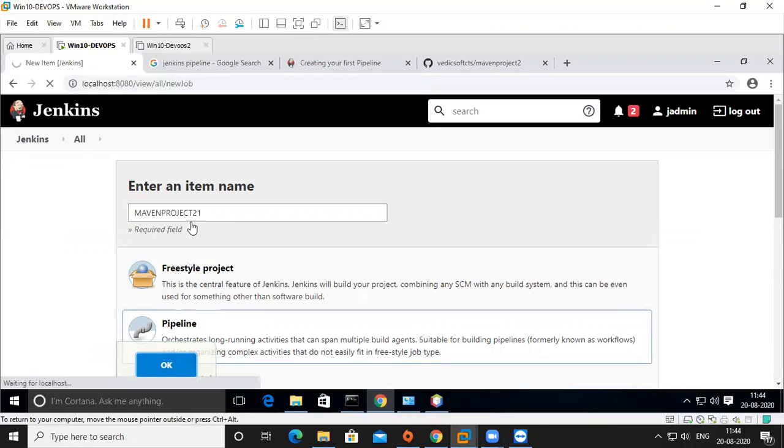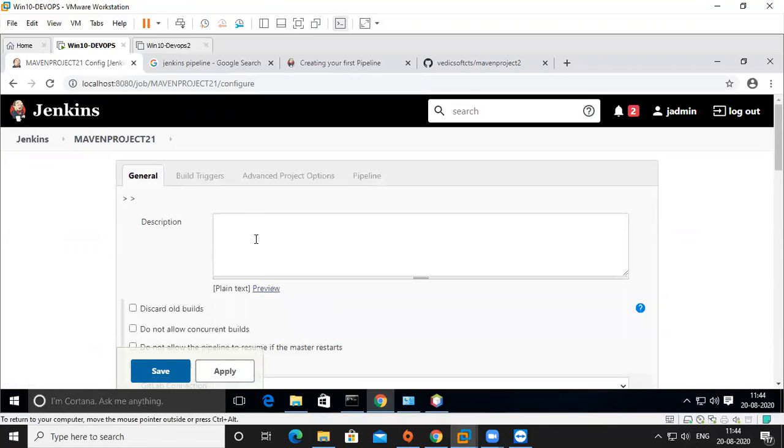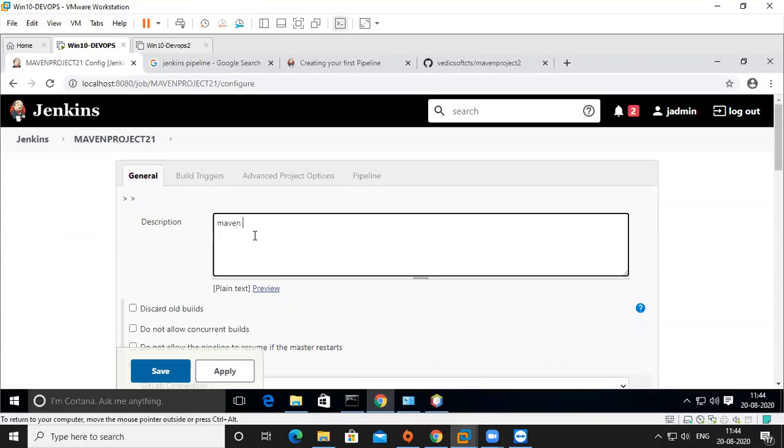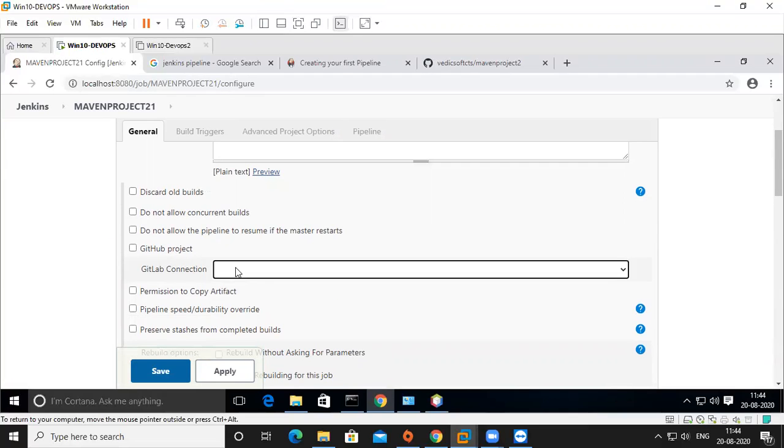So I select a pipeline and give it a name. There are very few options here, so I'm giving it Maven project 2. Anything you want to give, any GitHub connections and all, you can give also.